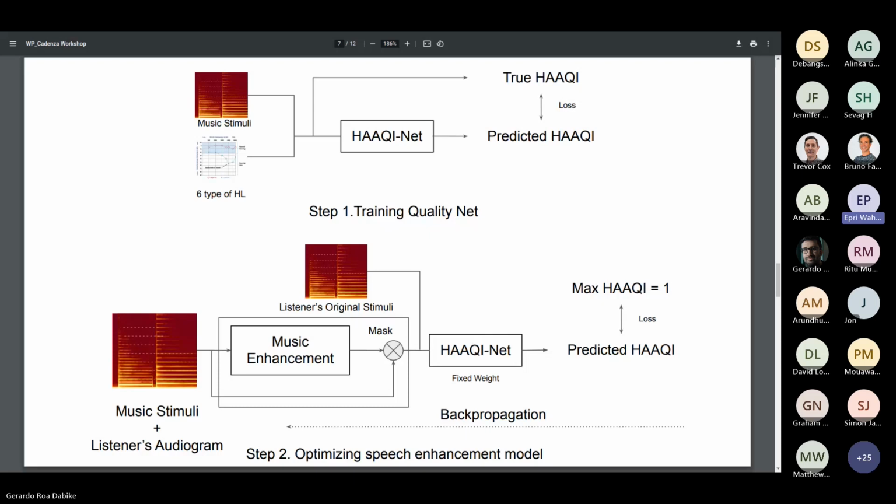So our proposed idea is first using HAAQI-Net. HAAQI-Net is actually a DNN-based end-to-end model. It is non-intrusive: as you know, when we calculate HAAQI, we need the clean reference and the processed reference, but in our model we want to make it non-intrusive so that we don't need the clean reference. We just put in our music and then we can predict the score.